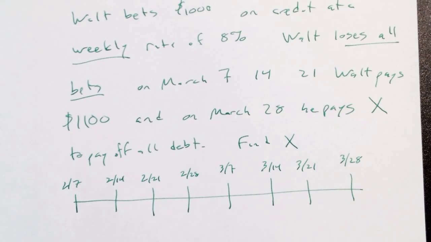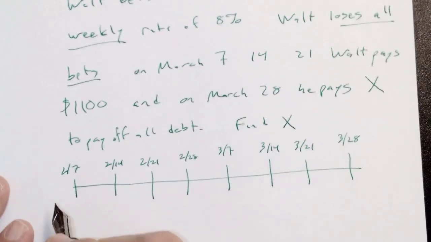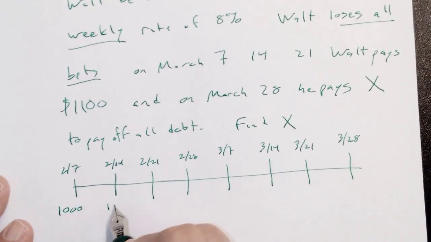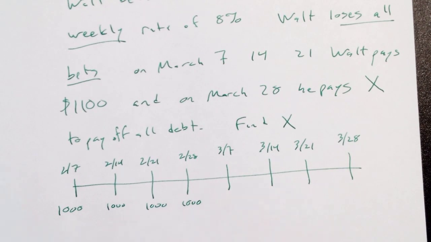So let's figure this out. On February 7th, 14th, 21st, and 28th, he borrows $1,000. So there's $1,000 here. And all of those are money